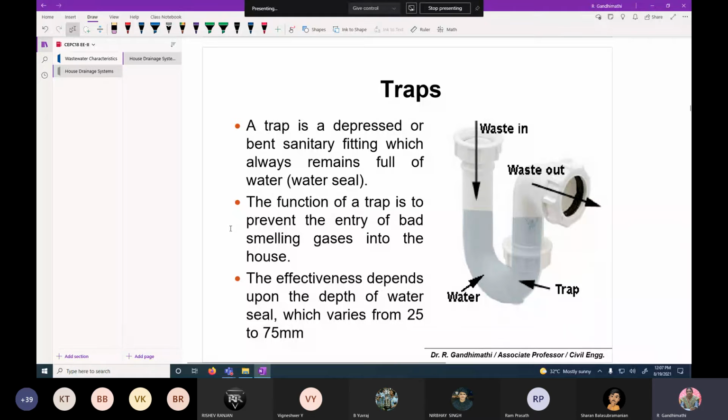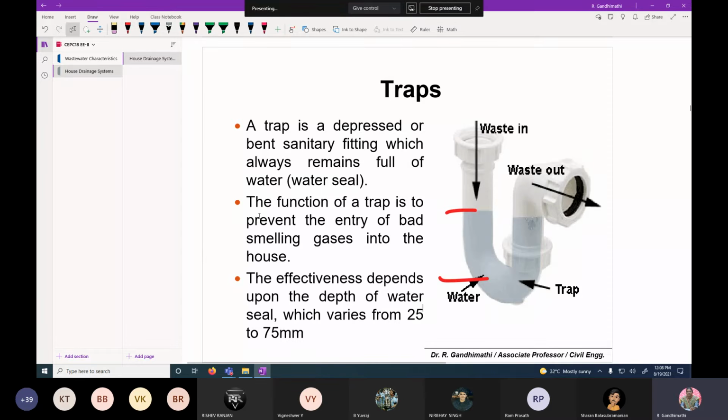That is called the water seal. The function of the trap is mainly to prevent the entry of bad smelling gases into the house. The effectiveness of this trap mainly depends upon the depth of the water seal, how much water is retained here. It varies from 25 mm to 75 mm.